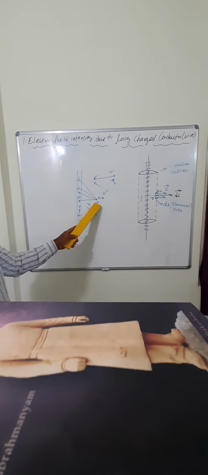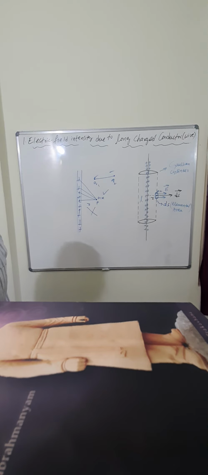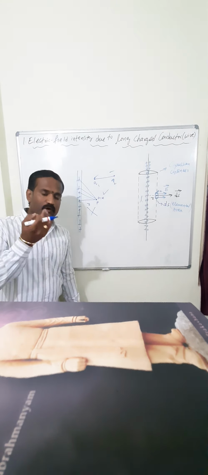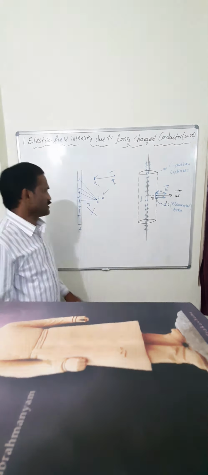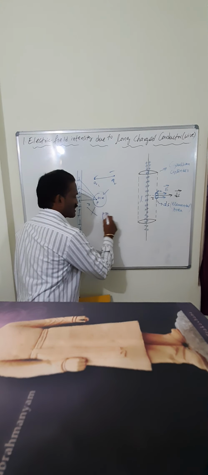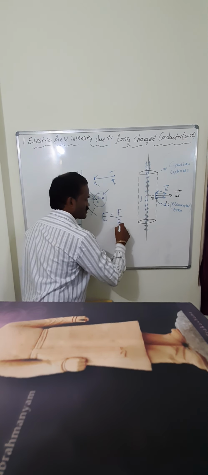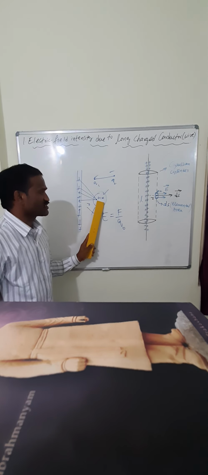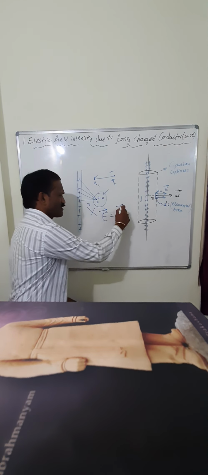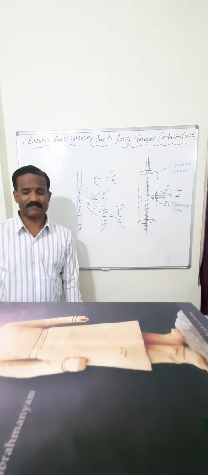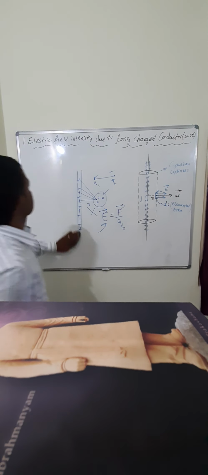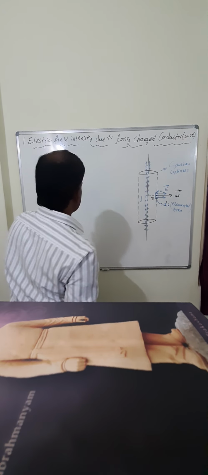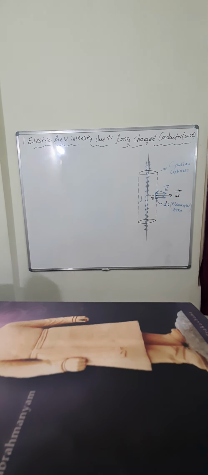And there, if you want to calculate the electric field at a given point, what should you do? Place a positive 1 coulomb of charge at that point. How much force is experienced? What do you mean by electric field? It is defined as the force experienced by a test charge Q0. How much force is felt by the test charge at a given point will give rise to the electric field intensity at that point. So, the first application of Gauss theorem: electric field intensity due to a long charged conducting wire.